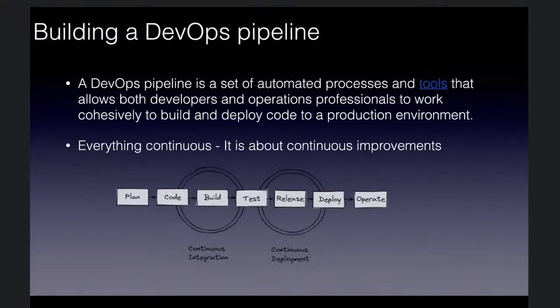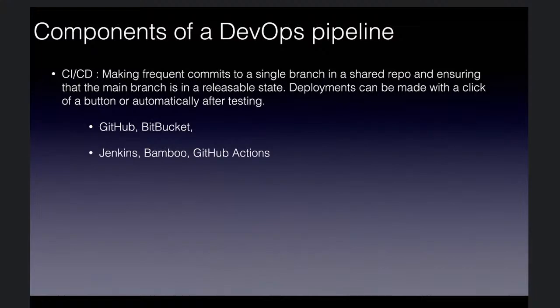So what are the components of a DevOps pipeline? CI/CD, in full, continuous integration and continuous deployment. So you remember that problem where the developer is coding, and he has this big block of code that he has to give to the operation guy to deploy. And because you are making a very big change, the likelihood that we'll have errors is big. So how can we take that away and have developers make small incremental changes?